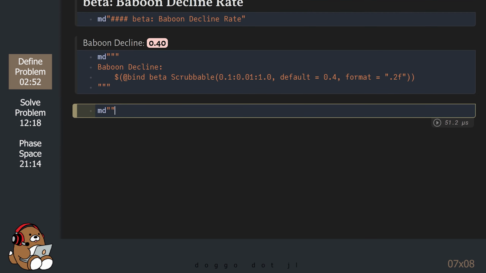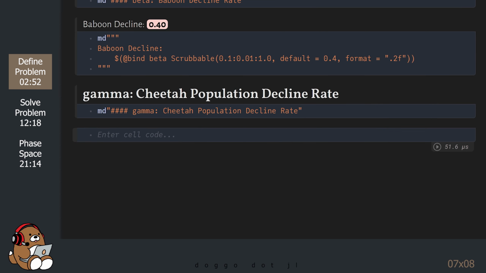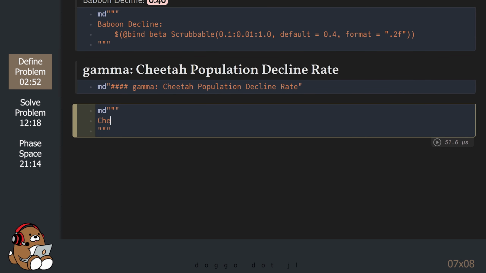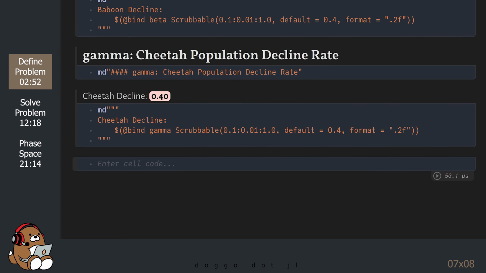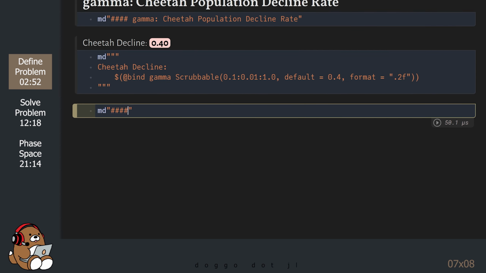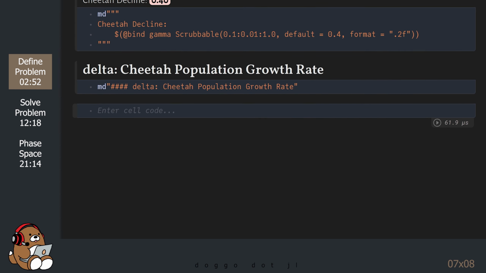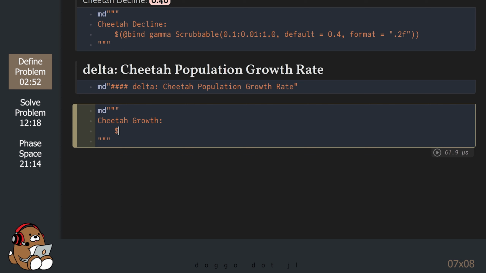Gamma is the cheetah population decline rate. Since the cheetah is the predator, this decline rate represents population decline due to old age, lack of prey, or emigration. And delta is the cheetah population growth rate. This growth rate may be due to natural births or due to immigration.